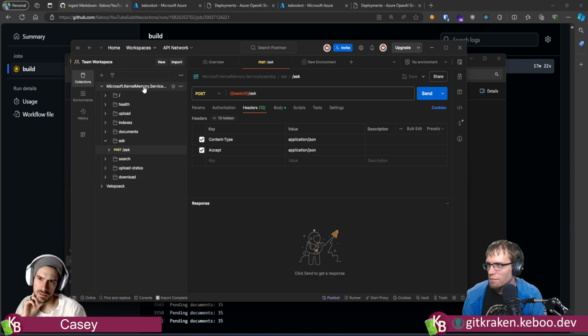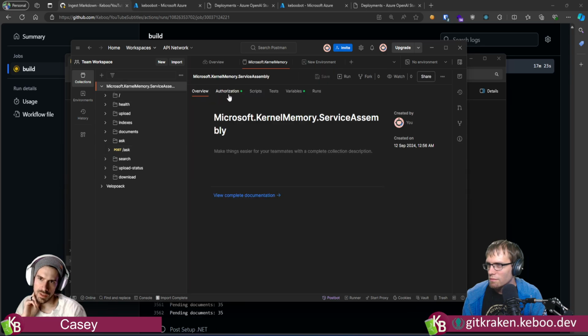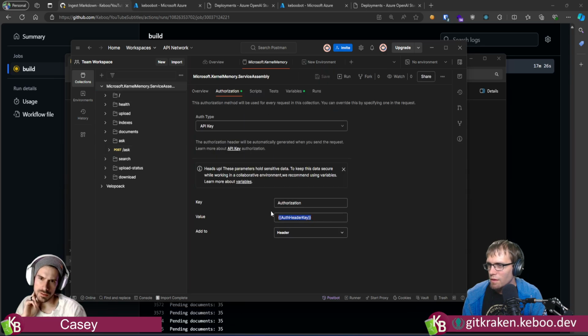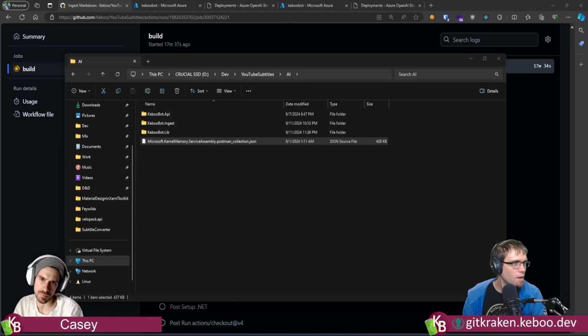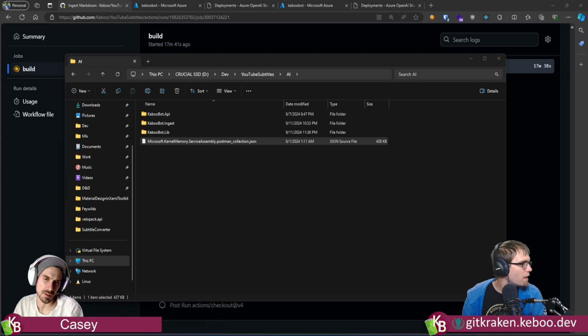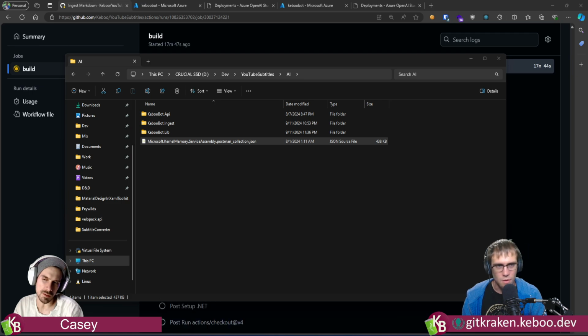There we go, the authorization. Auth header key, that's what I want, and I want to go here and add a new variable there, and then I'm gonna come over here. I'm gonna not dox myself because I have my API keys here. And I think you need to remove those curly braces.